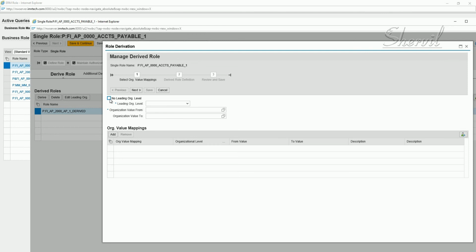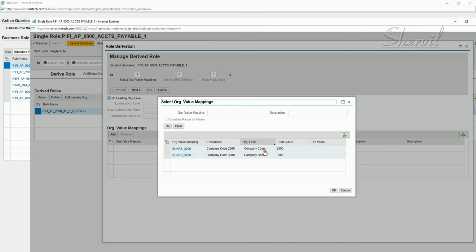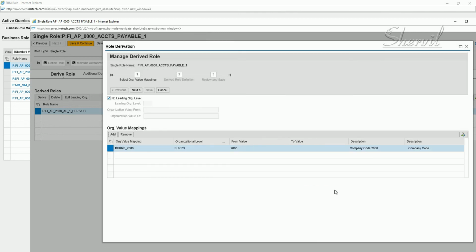So select this checkbox, or you can keep this on, and say add. I want to add for company code 2000. So let's add for company code 2000. By default, the value 2000 automatically comes because we maintained it in the SPRO configuration.